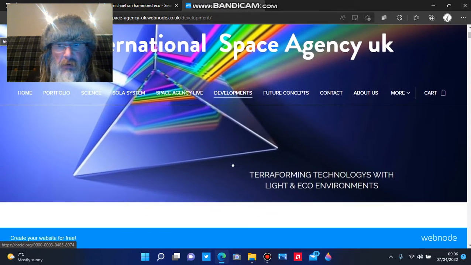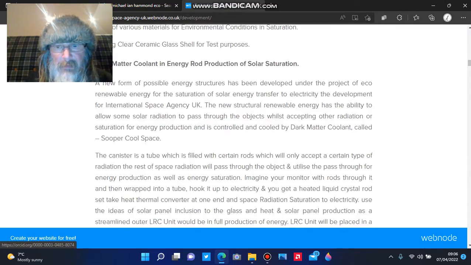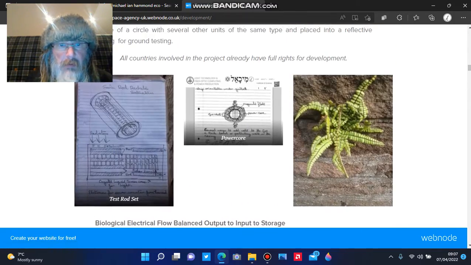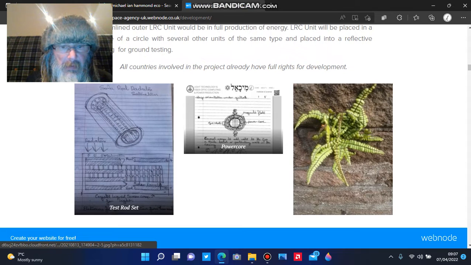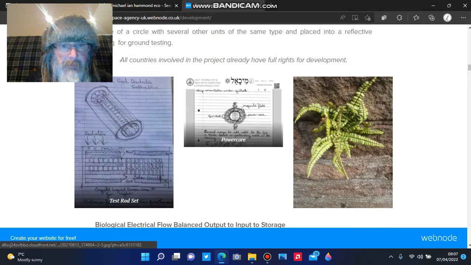Right, the actual structure of bioelectrical liquids and bioelectrical energies means that all of this technology development, which you are looking at right now, including this test rod set of solar saturation radiation, will include the bioelectrical fluid. This particular chamber here could be filled up with bioelectrical energies of bioelectrical fluids. And all of this structure would be powered up and be able to current flow through the whole area of